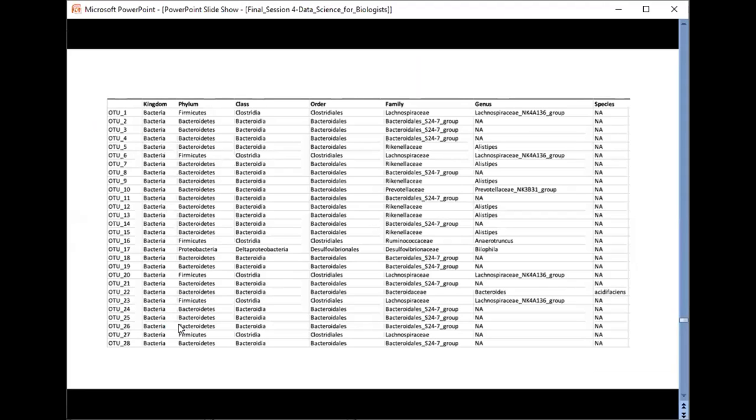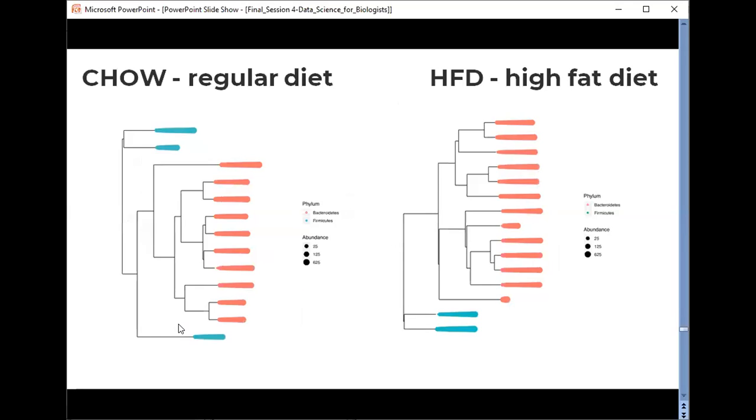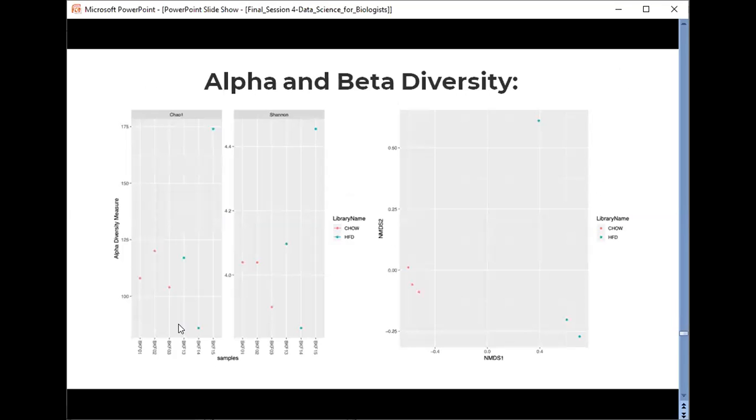So this is the table that we have, and then for each OTU we can compute it. And these are the composition plots that will represent the composition of each of these species within a sample and between samples. We can compare. And this is what the phylogram will represent. Then these are the alpha and the beta diversity. Then we have NMDS. We can generate these once we have that table, and we will understand exactly which samples are more diverse and the differences between the different disease conditions.